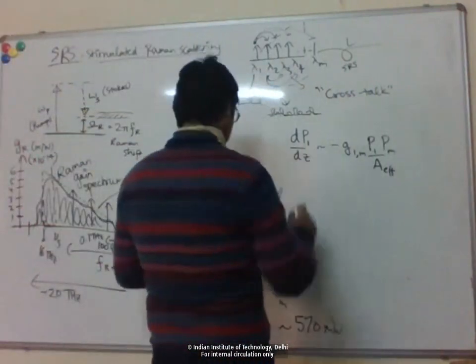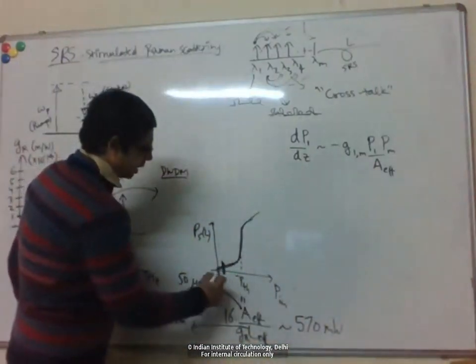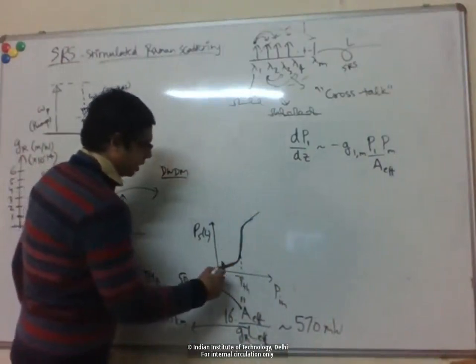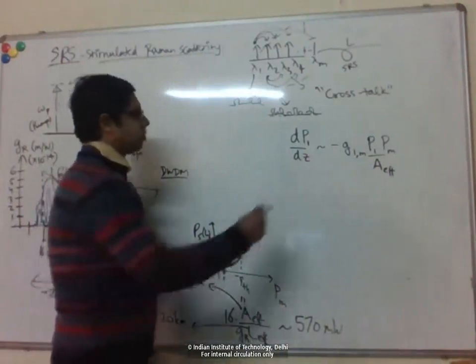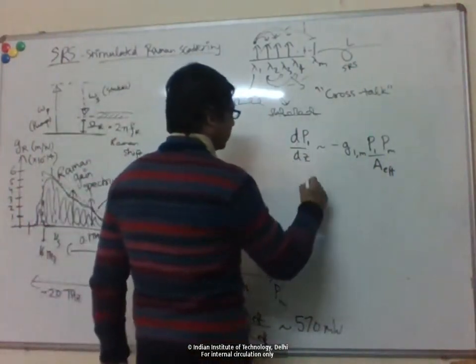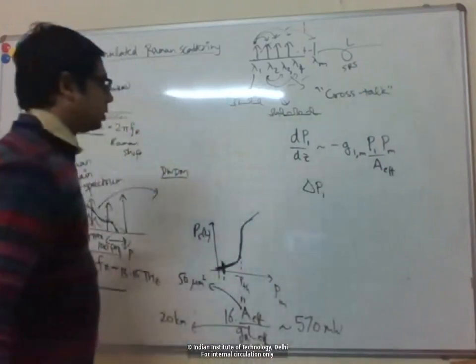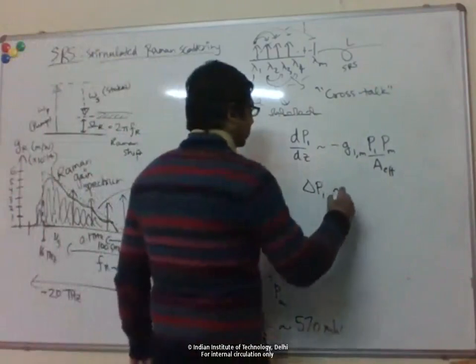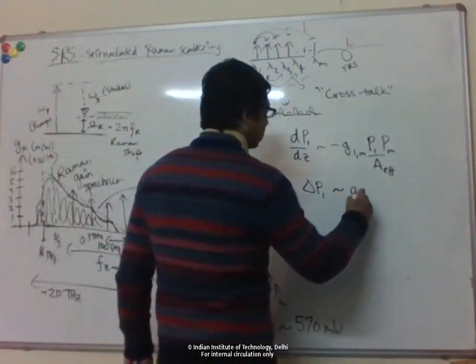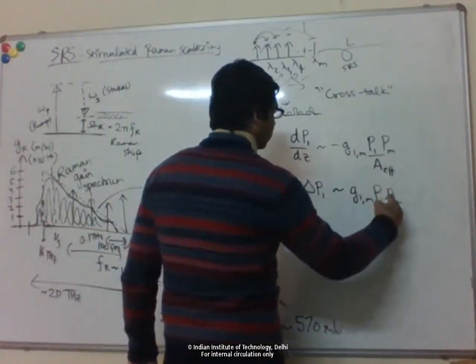We can estimate this if our powers are much lower than the threshold power, so we are still in the linear regime of scattering. So we can basically just linearize this. We can say that the change in the power in channel 1 is just this coefficient